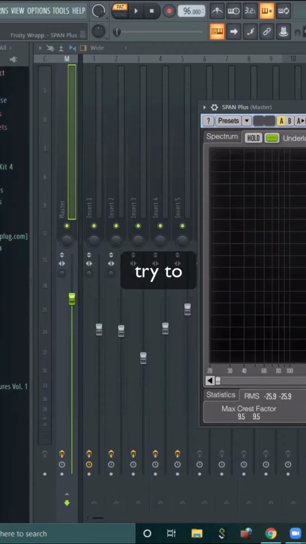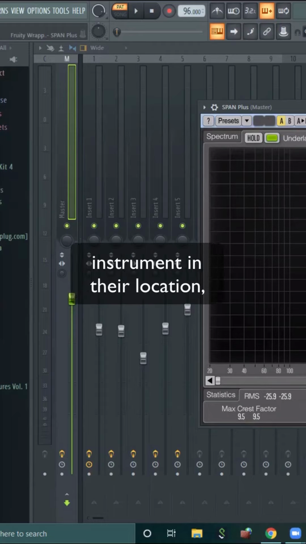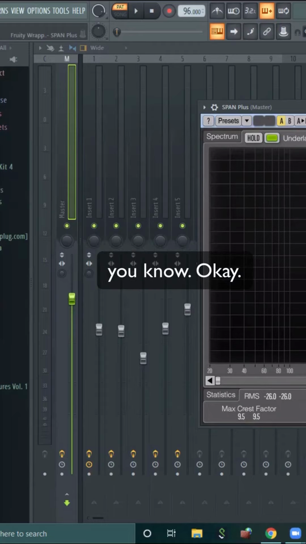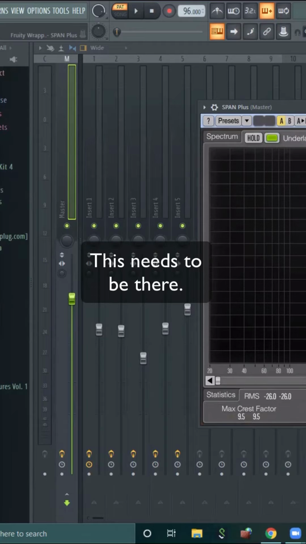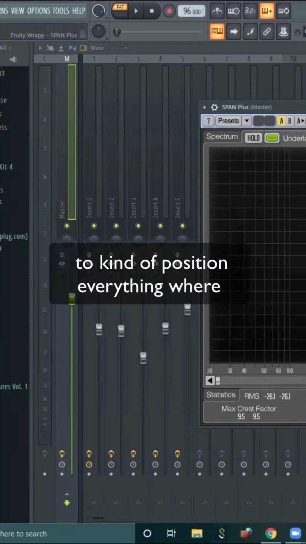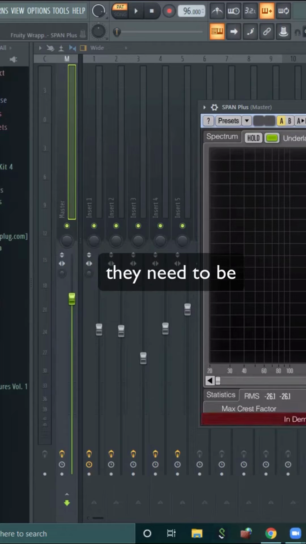And when you try to position every instrument in its location, okay, this needs to be here, this needs to be there, you can use your tools of EQ, compressor, reverb, delay to position everything where it needs to be in a